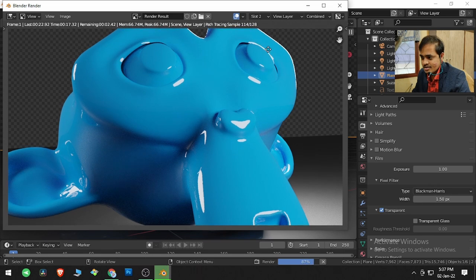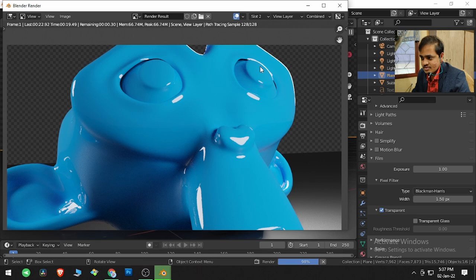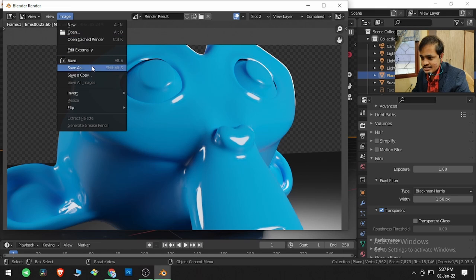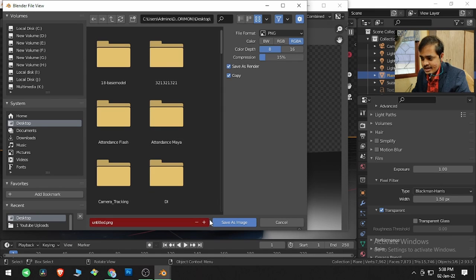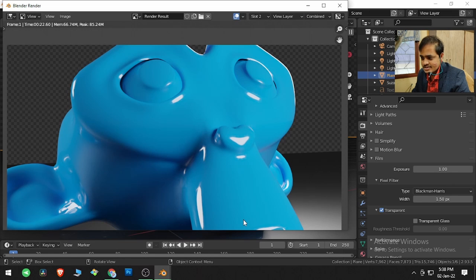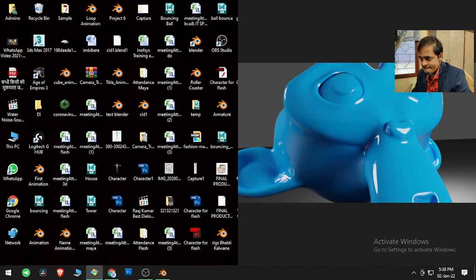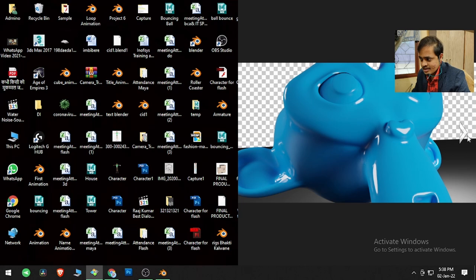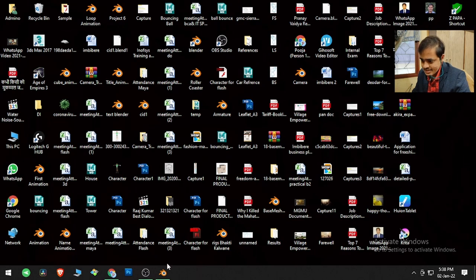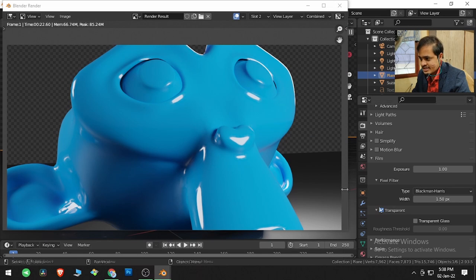So let me finish this render at 100. I have given more samples than required. So this is done, and image save, increase the value number and save it as PNG with RGBA and save. Now if I come over here, this image is with the background and the next image is without the background. You can place anything behind this image and it will be visible over this checkerboard pattern. So for that, the option transparent is given.